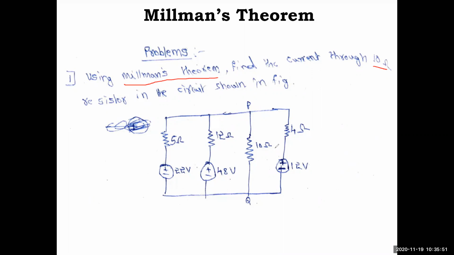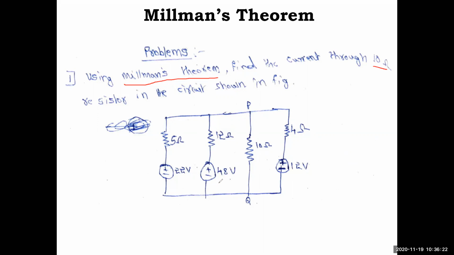Okay. So the 10 ohm should be at the rightmost only? No, it can be present anywhere. But you have to identify that as the terminal where you have to find the current. If you connect this side, there is no change because in parallel voltage is the same. So now there are three voltage sources connected in parallel here with their internal impedances. These are resistive networks, so resistors are shown here: E1, R1, E2, R2, E3, R3.